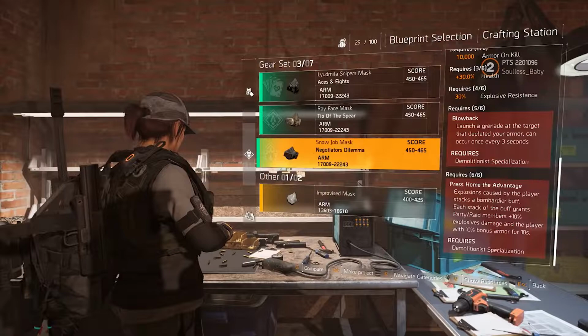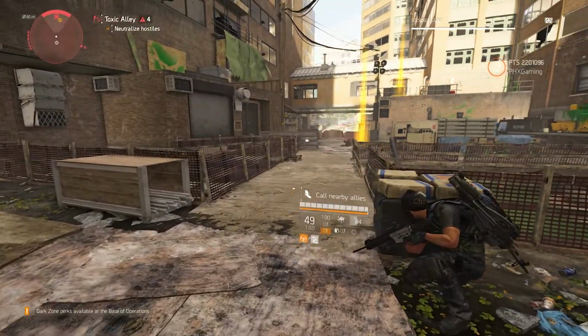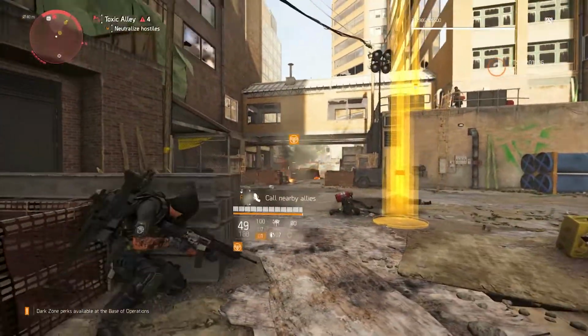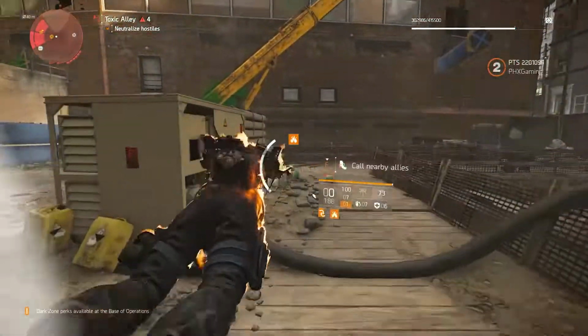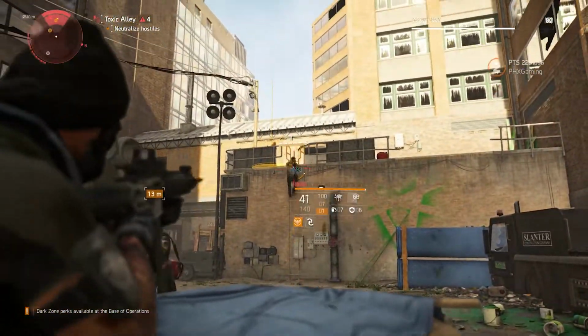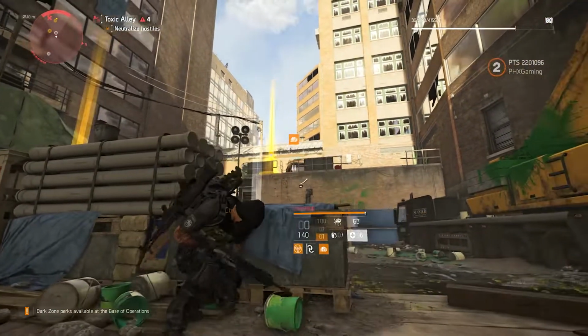Explosions caused by the player stack a Bombardier buff. Each stack of the buff grants party raid members plus 10% explosive damage, and the player 10% bonus armor for 10 seconds. Negotiator's Dilemma is definitely an area of damage type of gear set. I think it's going to be a lot of fun to use during the raid, especially. And a lot of these are geared towards more group parties and the raid. So you could definitely expect these to have some sort of handling in how the raid Dark Hours is going to be